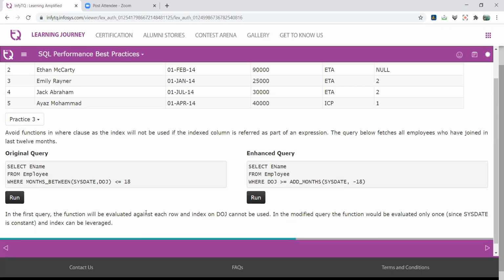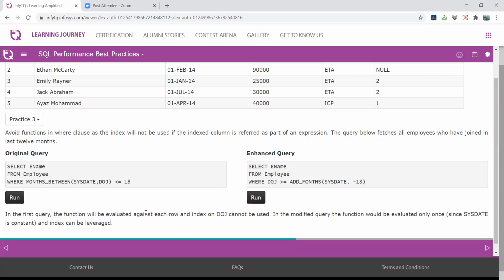The query below fetches all employees who have joined in the last 12 months. If you index the DOJ, date of joining, column, and you use this attribute with the help of functions, the index concept is nullified, right?